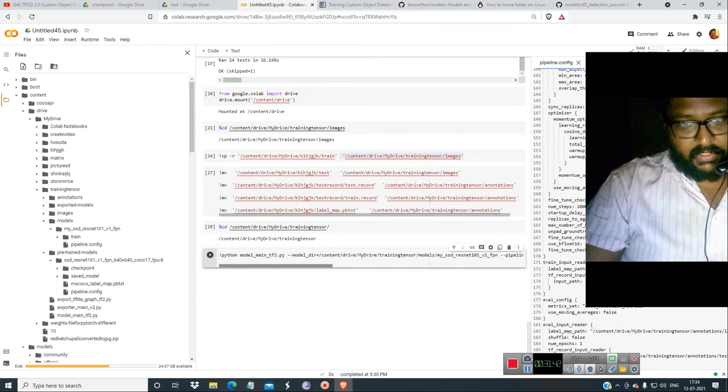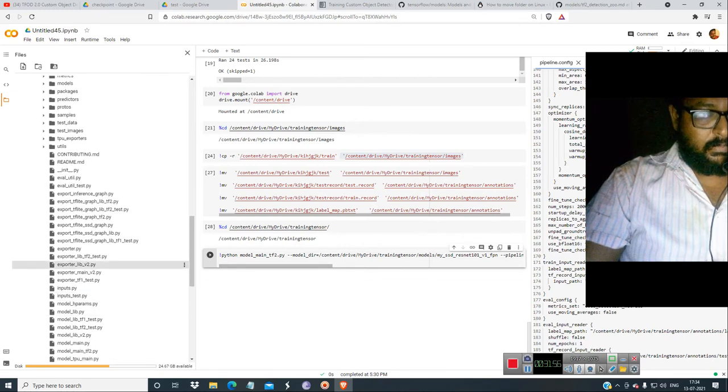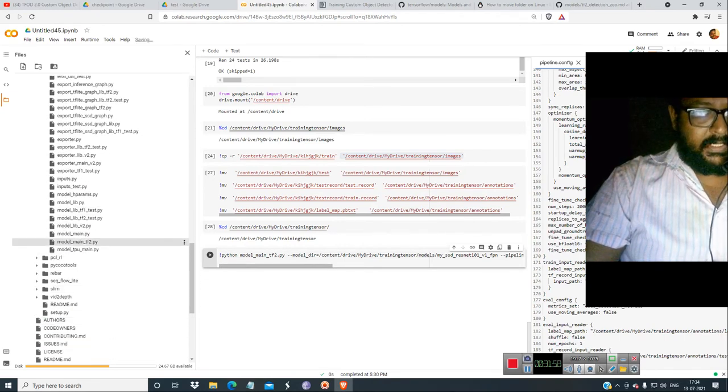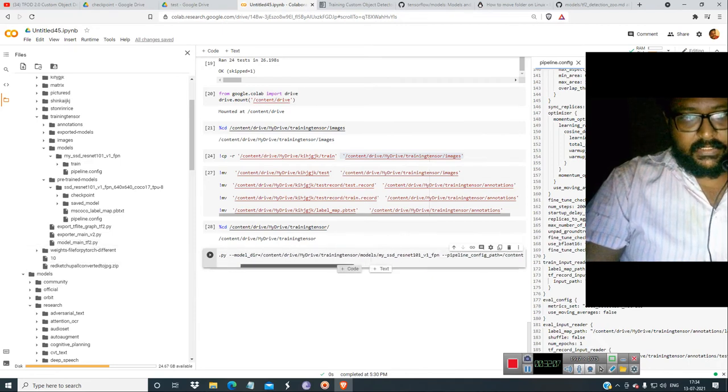First we have given the model TF2, which we downloaded from here, or we can take it from the object detection folder in models research, where model main TF2 is available. You can copy that to this folder. Having this model main TF2, we are putting this fpn, this drive folder, which is the model directory, and the next one would be pipeline config, and the next one the checkpoint. So let's see whether this starts training.